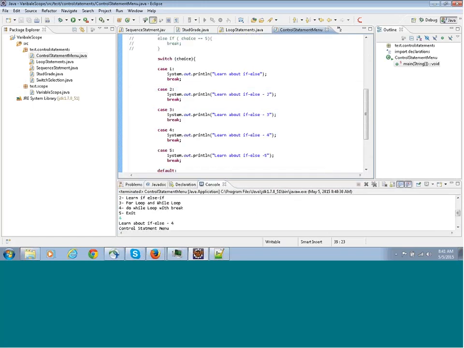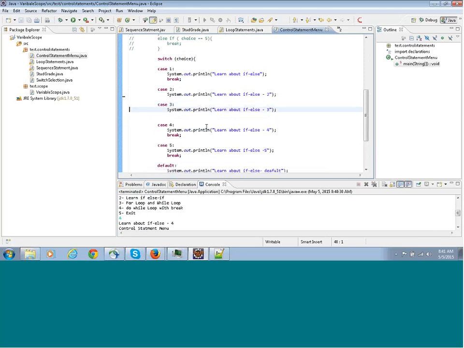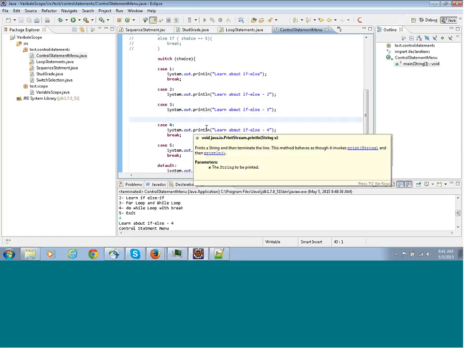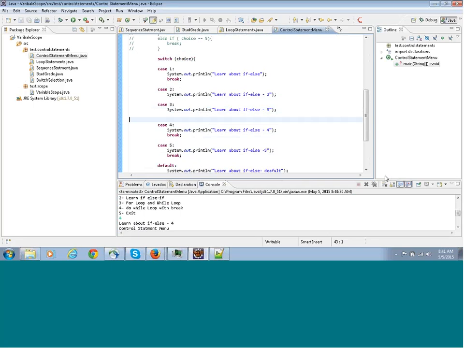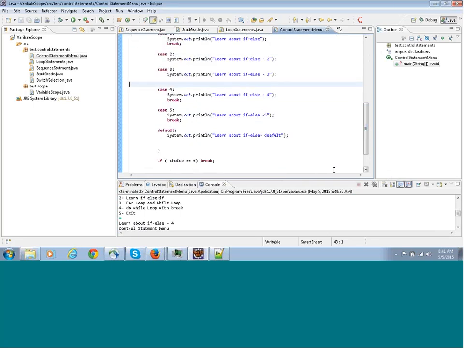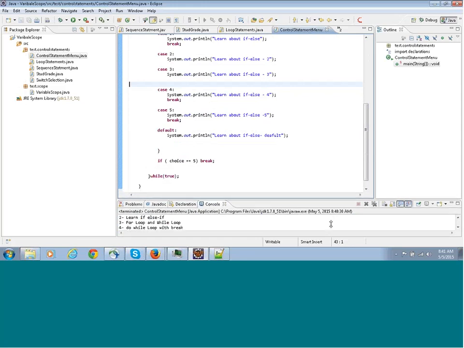Okay, what about if I remove these breakpoints? What will happen? It will fall through, right? Yeah, it will. But suppose if I give a choice 2, then what would be the output? If the choice is 2,